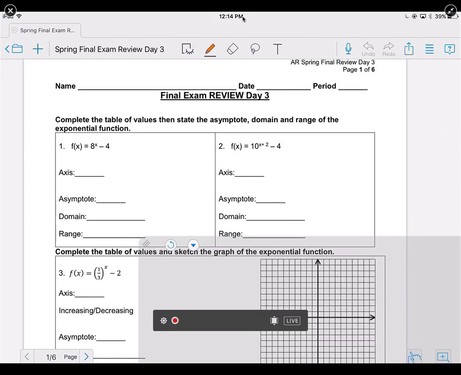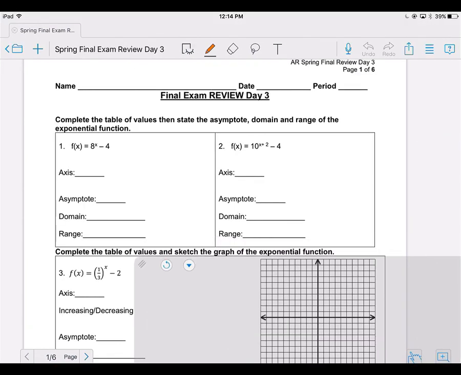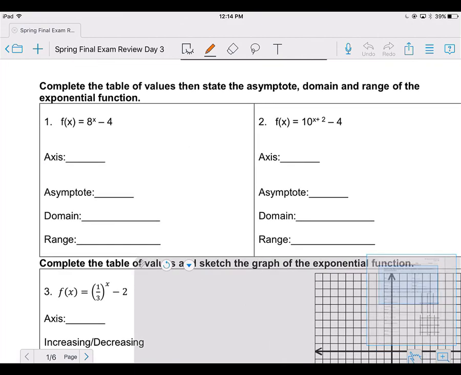This video covers the final exam review day 3, part 1. So this is pages 1 through 3. If you want pages 4 through 6, that's on the second video. So part 1 asks us to complete the table of values, state the asymptote, domain, and range of the exponential